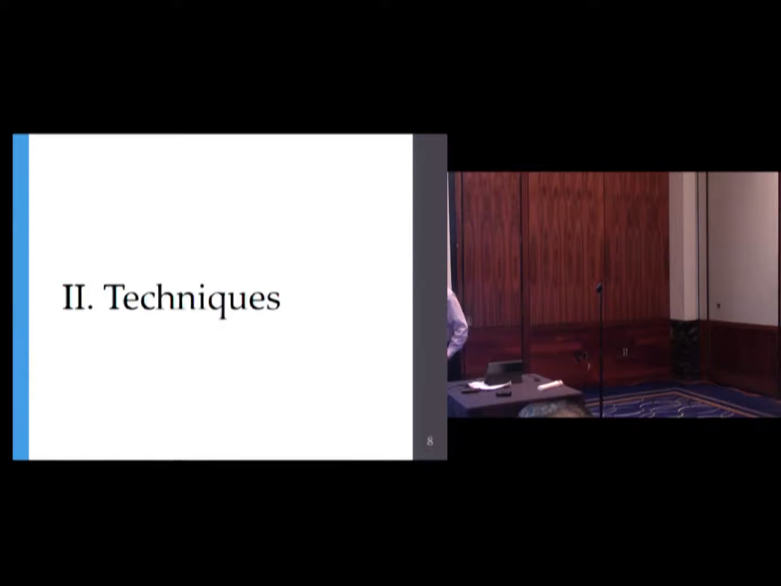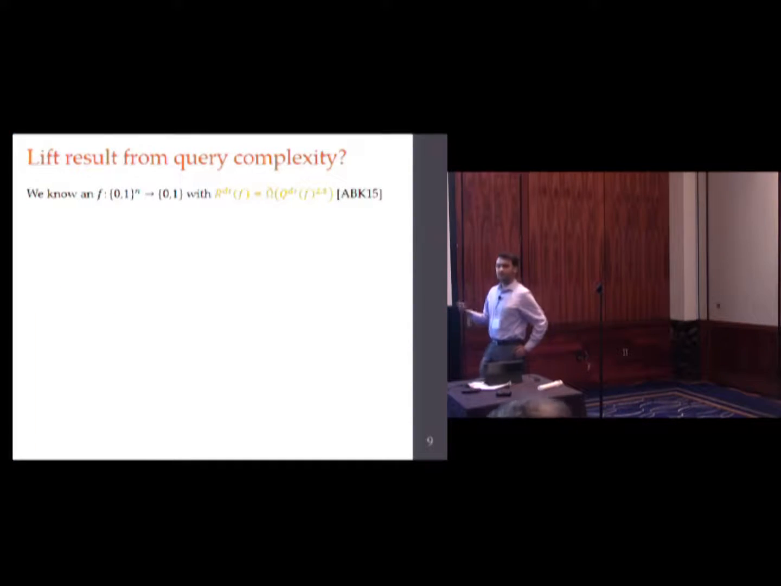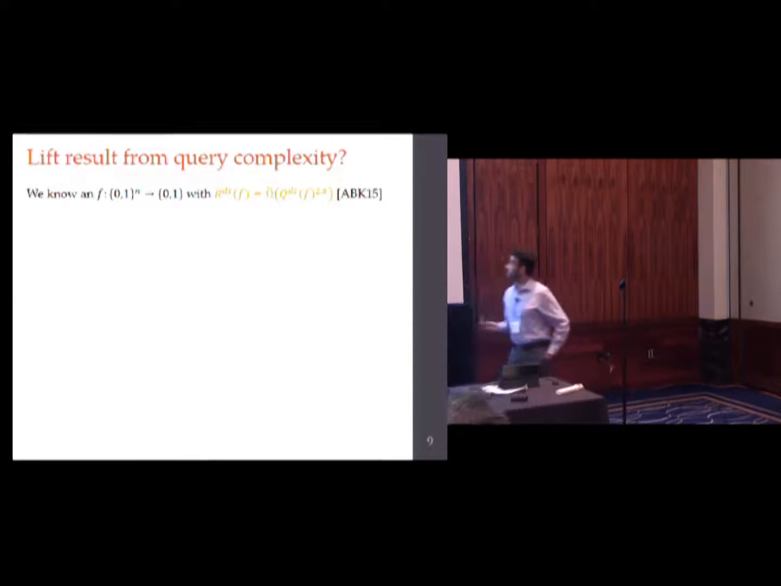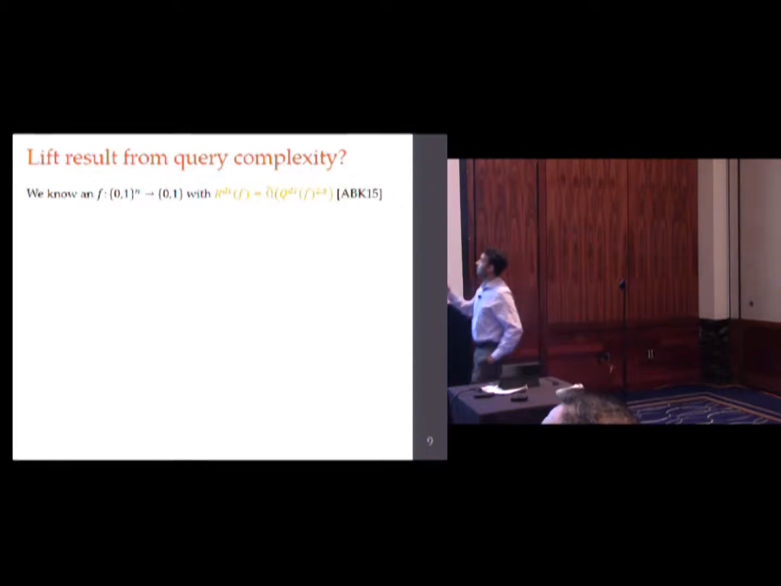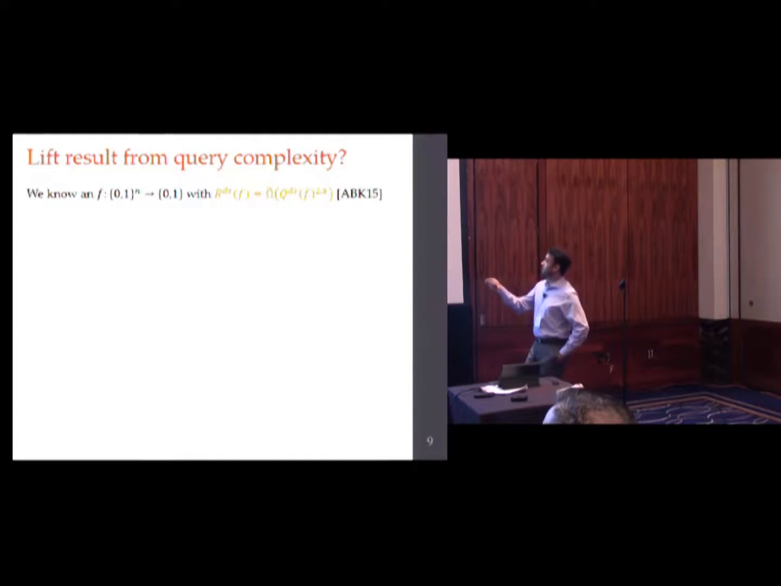So this suggests an obvious proof technique, which is you use a lifting theorem and lift the separation from query complexity. And so what that would mean is, first you start off with a function that already exhibits the separation in query complexity. So for example, there is a function which has this 2.5 power separation between randomized and quantum query complexities. And this is due to Aaronson, Ben-David, and myself, and this was presented at STOC this summer. And this construction uses this cheat sheet framework that I was talking about. And so you start with this function,